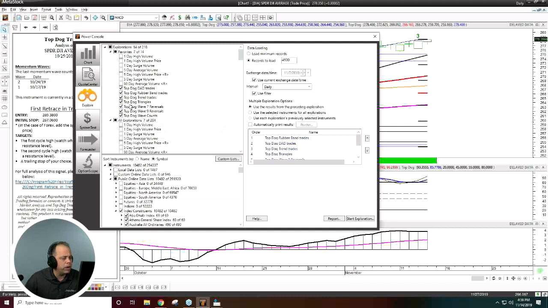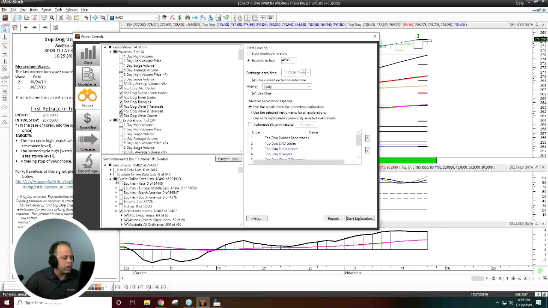And if I hover over any of these scans, it's going to be really, really specific about what it's looking for. So this one looks for DAD setups. These signals trigger on the DAD turning up after the first low of the new trend, or the DAD turning down after the first new bearish trend. And it's going to explain all of those to you. We have a manual that walks you through all of this as well. I'm going to go ahead and have it run that scan.